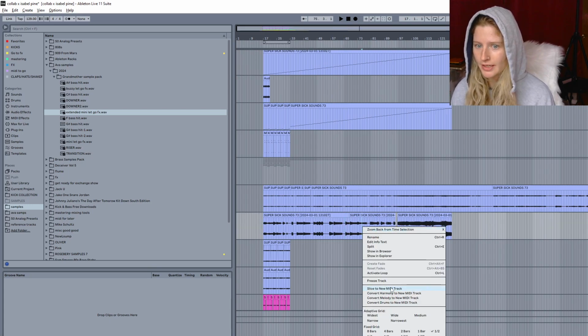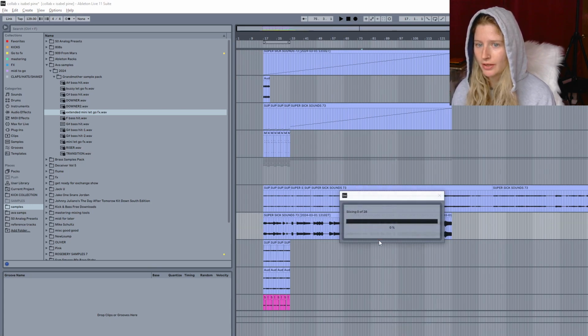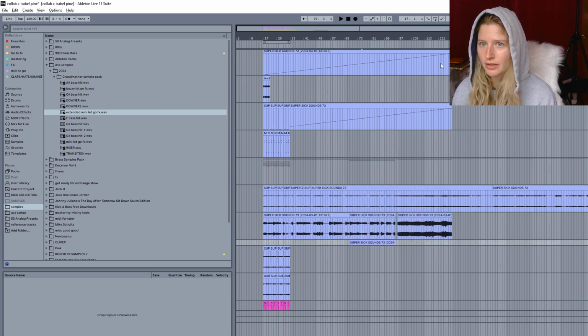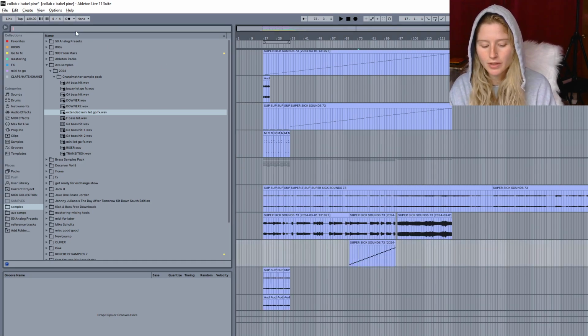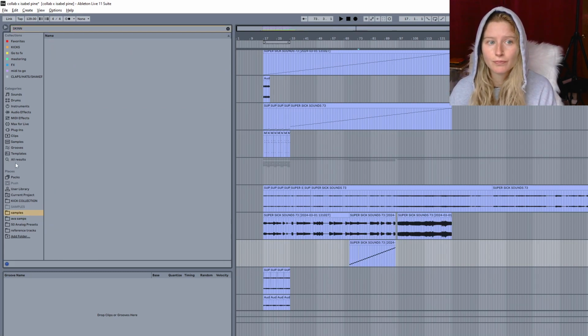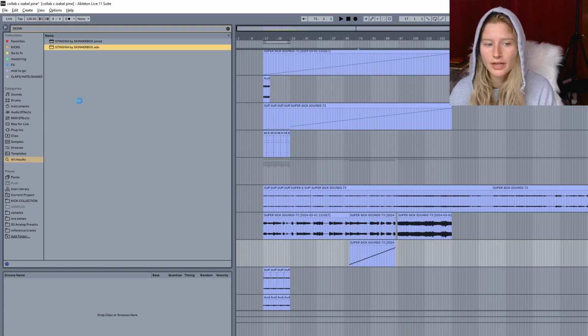What I did is I said slice to new MIDI. Okay, and now it's slicing. That's essentially what these two are. This is a slice and this is a slice, and now we have just made this slice. And there's this plugin that you can download from Ableton's website called Skinnerbox. Boom. And you can bring that in,